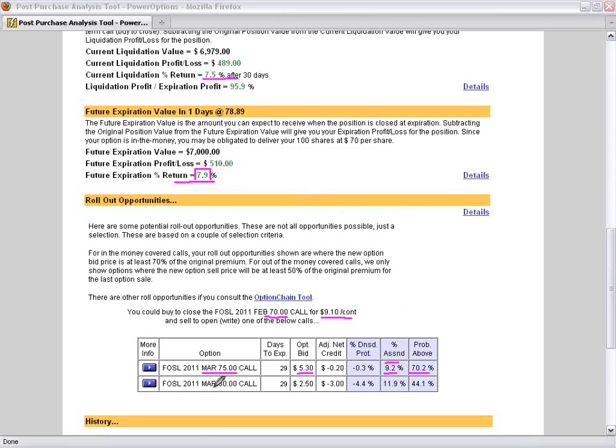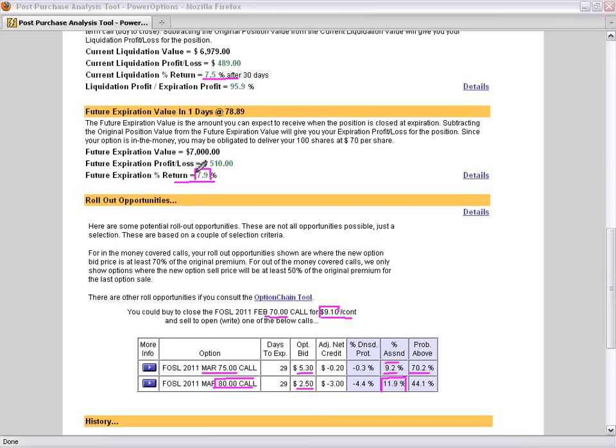Now, what about the 80 call? Oh, okay, well the 80 call, we're going to collect a smaller premium, so we are going to have to pay a debit to enter the position. We're going to take essentially $3 out of pocket. Remember, we received $3.60 when we sold the February 70 call, and we'd have to buy it back now for $9.10. Then we'll collect another $2.50, so that will still give us a $3 debit out-of-pocket premium in order to potentially get assigned at a 10-point higher call, to get assigned at 80 instead of at 70 right now. So this would increase our potential percent if assigned to 11.9%.